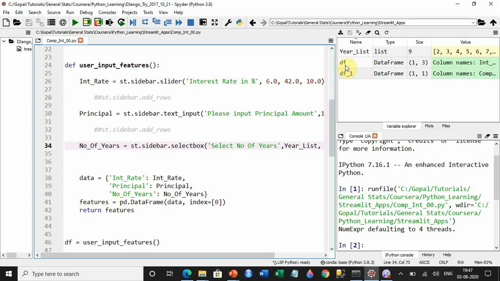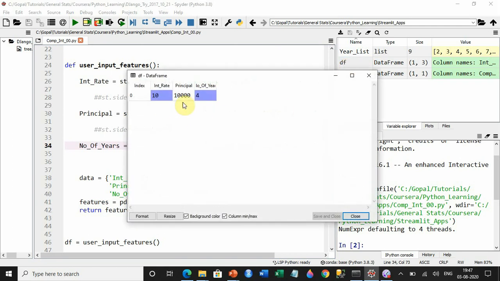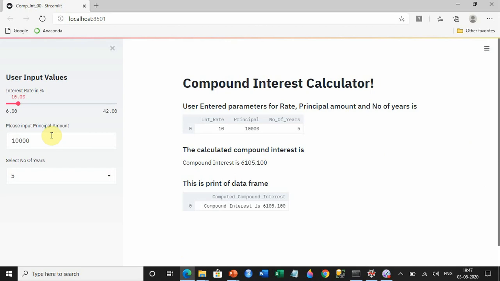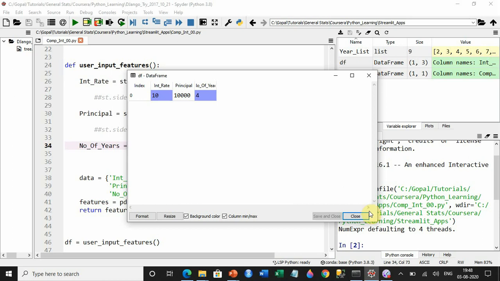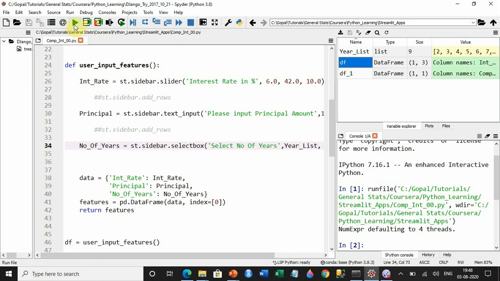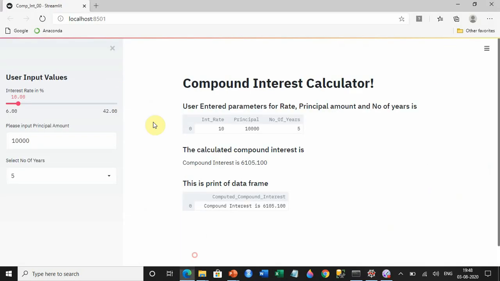By default, if you click on it, this is how it comes. What you need to understand is that whatever you change here does not get updated there, it is managed somewhat differently. Whatever you are running by default, even if I run it here, it will not change there. You have to run it on the browser only.